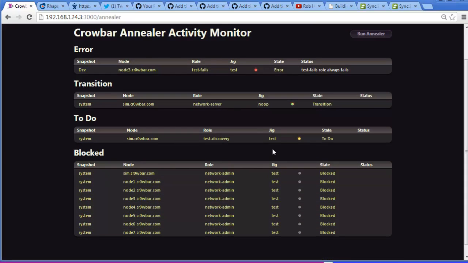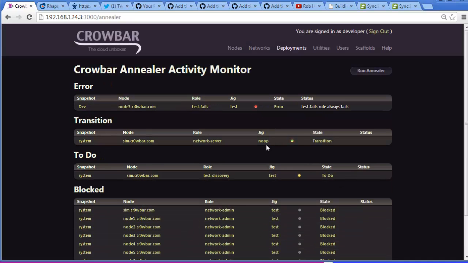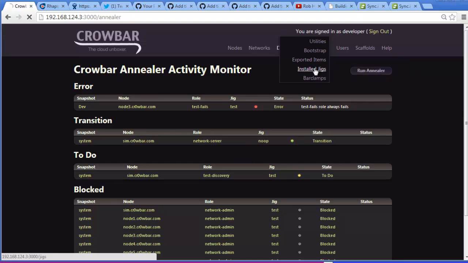And the reality is, I keep saying Chef, but it doesn't have to be Chef. You might have actions that don't use Chef at all. They could be done via an SSH session using the script jig. They could be no-op actions. And so when you look at the jigs that do work, in this case,